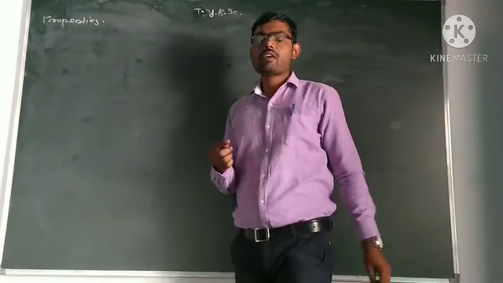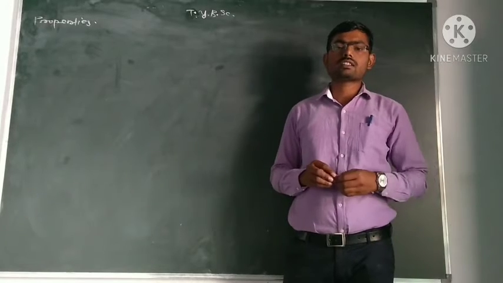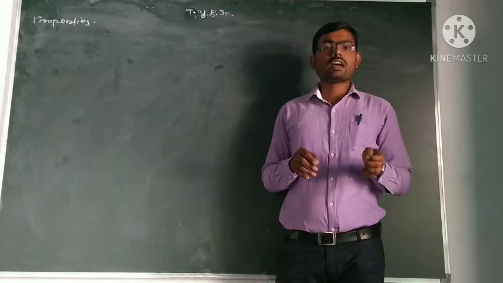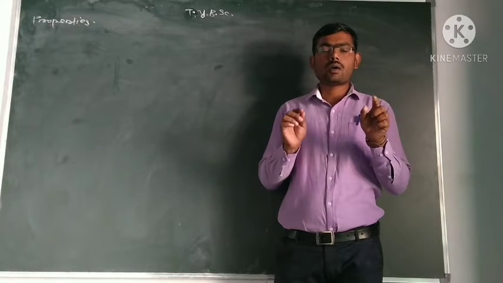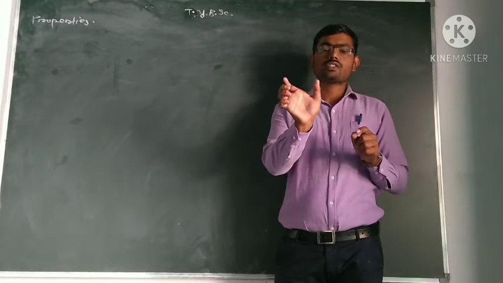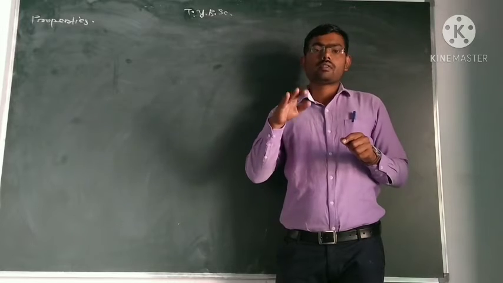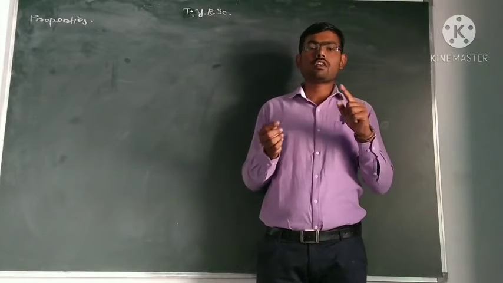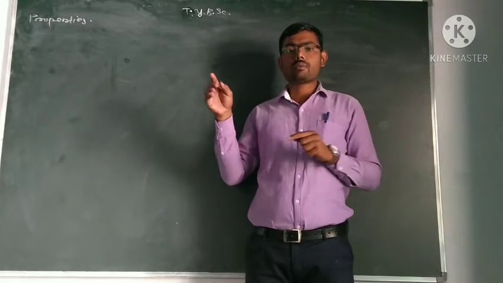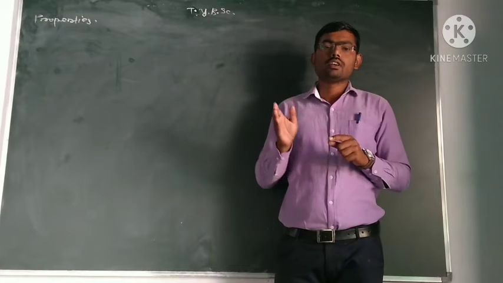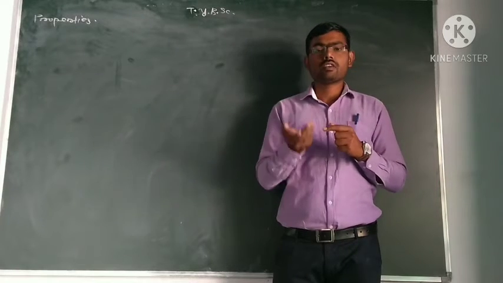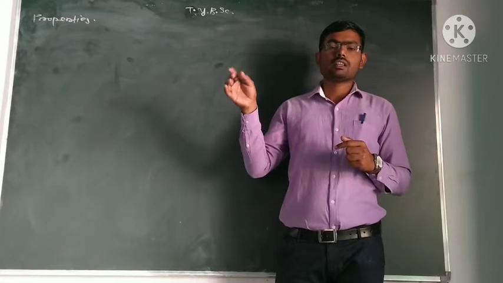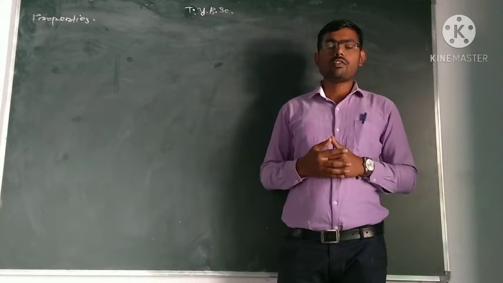Now one property we have already seen in some last lectures, that is the linearity property. What was the property? That Laplace transform of a linear combination of functions is equal to the linear combination of Laplace transforms. That is, Laplace transform of C1f1 plus C2f2 up to Cnfn was equal to C1 into Laplace transform of f1 plus C2 into Laplace transform of f2 up to plus Cn into Laplace transform of fn.